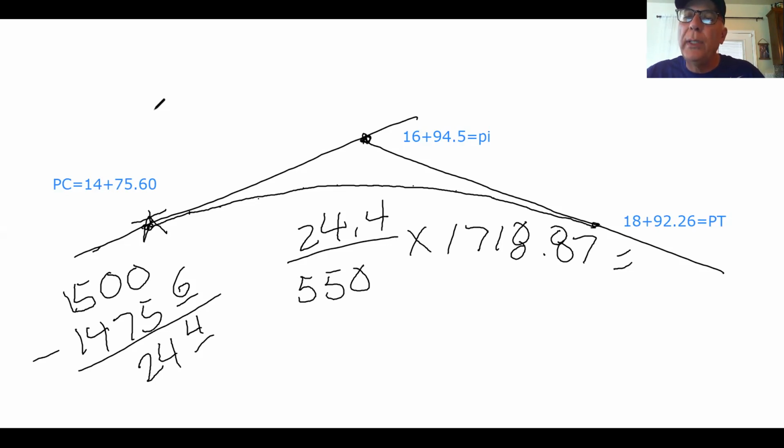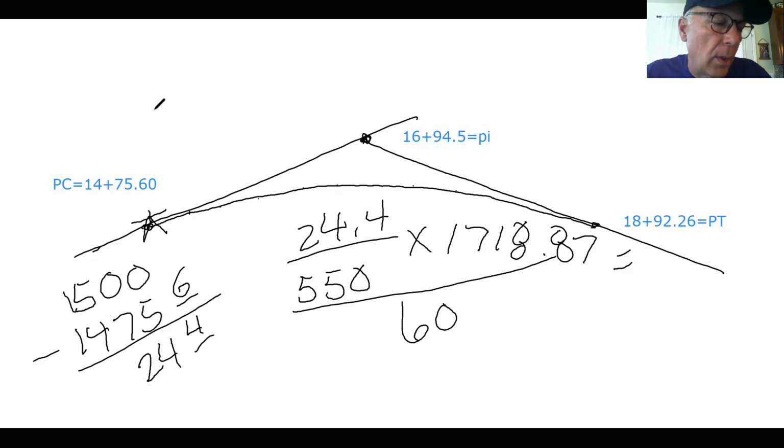So therefore, knowing that we wanted to actually lay this out in degrees, not minutes, the next thing I would do is divide the entire equation by 60. I know that does not show that on your handout, but it's just a step that would eliminate future problems for you all. So if you take the 24.4, divide it by 550, multiply times 1718.87, and divide by 60, you will come out with 1 point